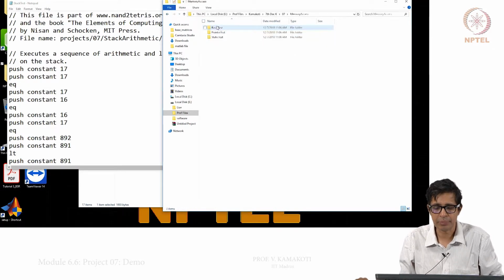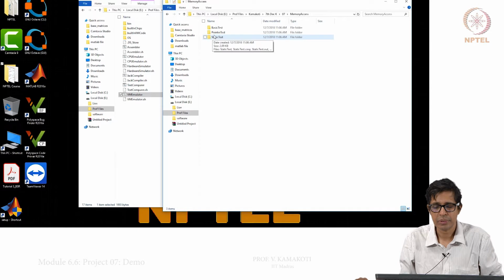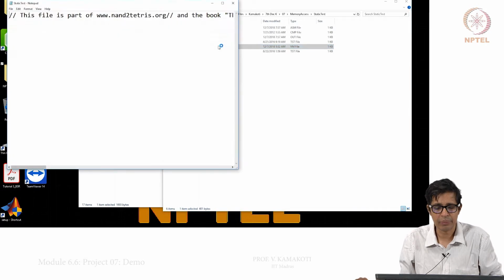We will also see something on memory access. So, this is the VM file.